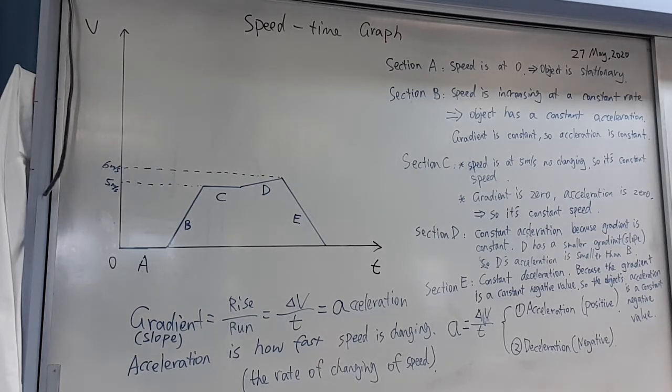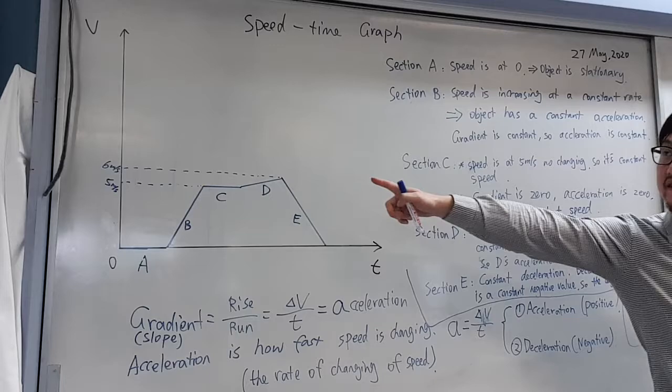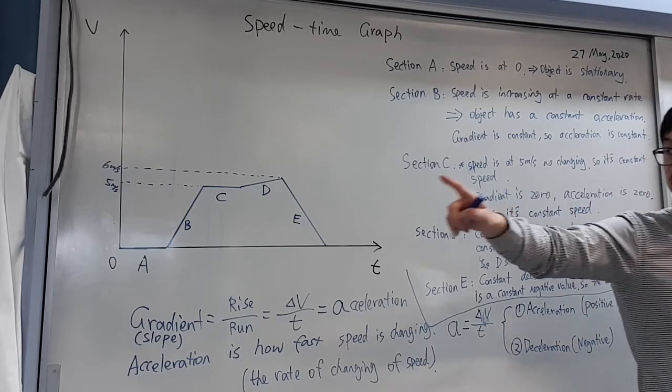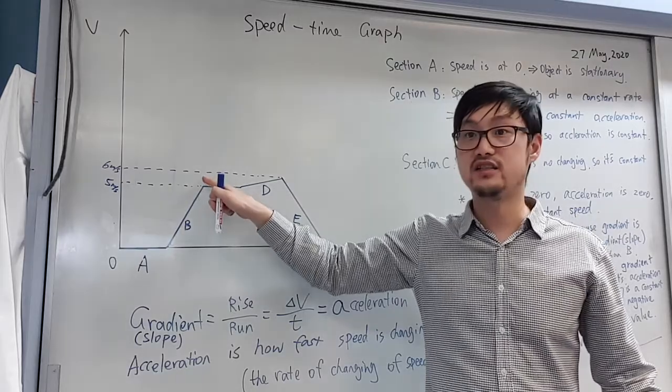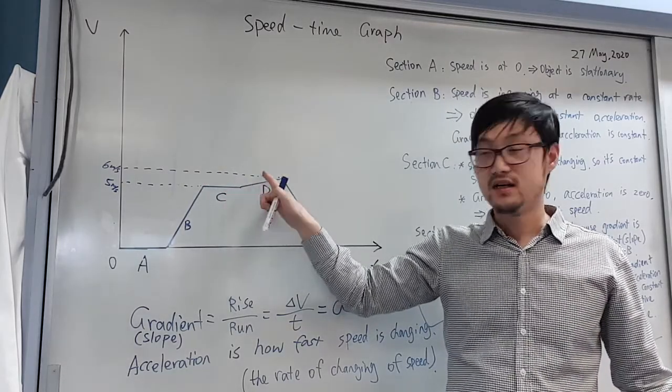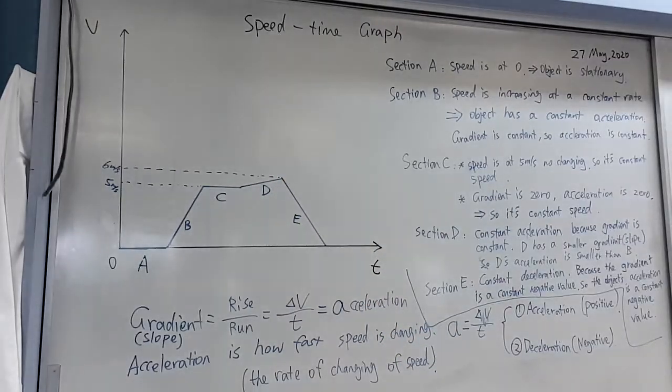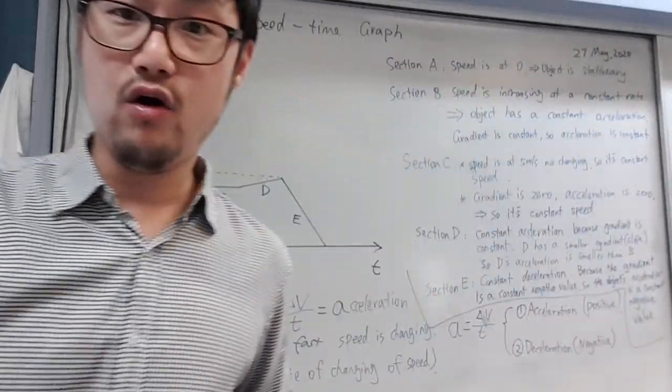Does this make sense? Yeah. Okay, so this shows us what a speed and time graph is going to look like, and what that tells us about the motion. Obviously this line could be curving as well, but at the moment we don't need to talk about the curving one. We just need to know that if it's a straight line, what does it mean? Here, stationary; here, constant acceleration; that is a constant speed; then constant acceleration again; and then a constant deceleration. Okay. All right, so that's all we need to do for